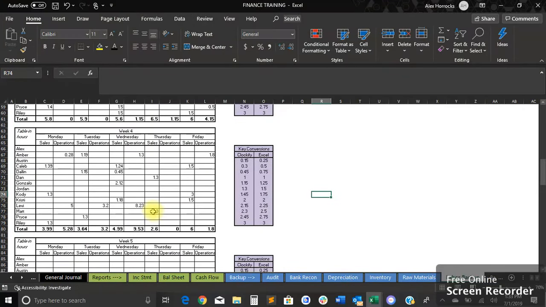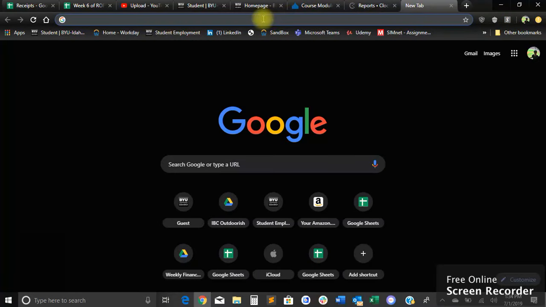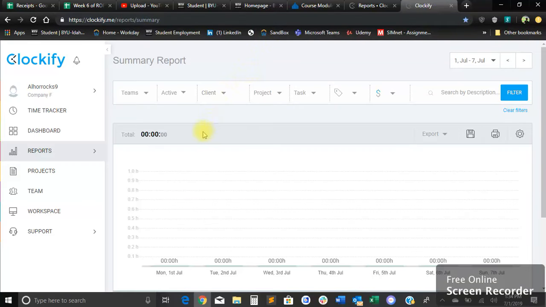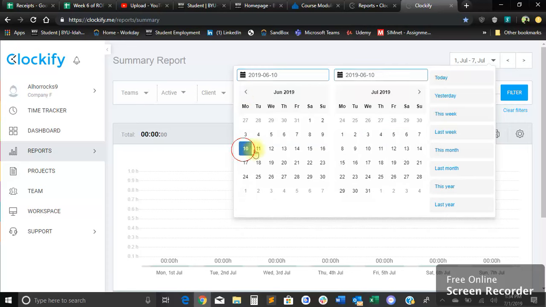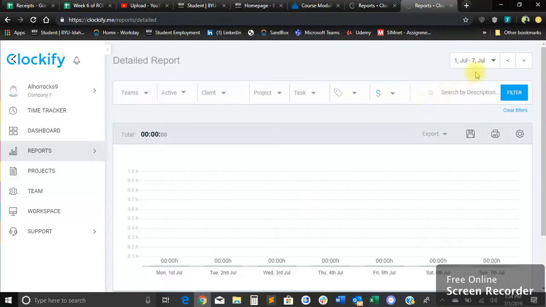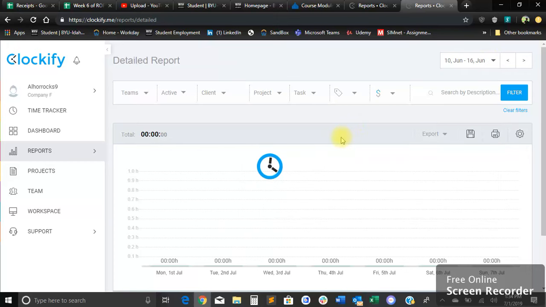So what I like to do is first make sure that I have access to Clockify. We use that to see our hours that have been accounted for. Right now it says it's from July 1st to July 7th. We need to go back all the way to the 10th to the 16th, and we need to see the detailed version actually. So let's go ahead and do that. The 10th through the 16th. That's going to show us